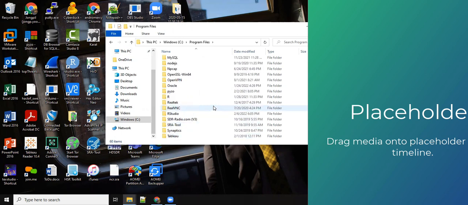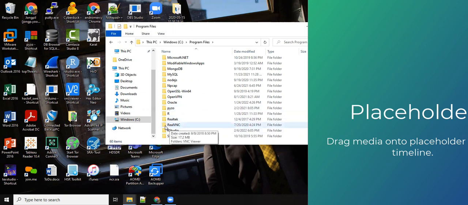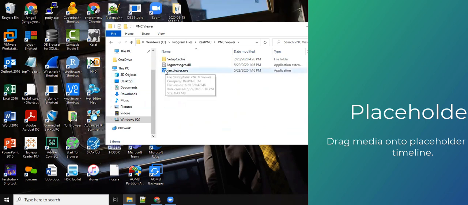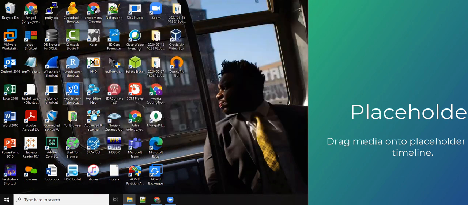VNC is installed somewhere. Where is it installed? Oh, here, RealVNC. Then there is a VNC Viewer. You can make a shortcut like this, or you can run it from here, it doesn't matter. So if you click on this,